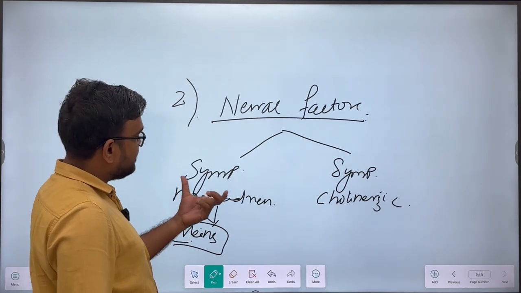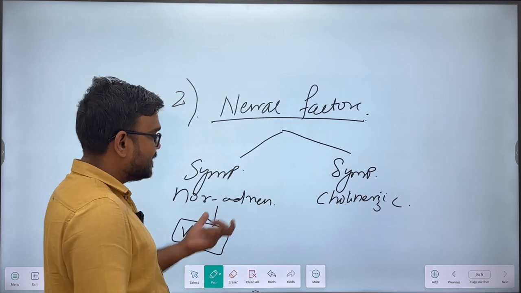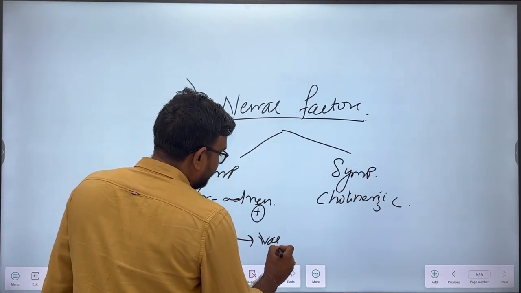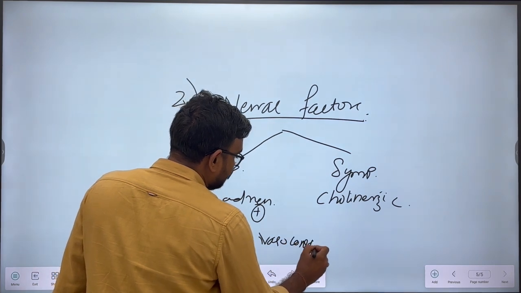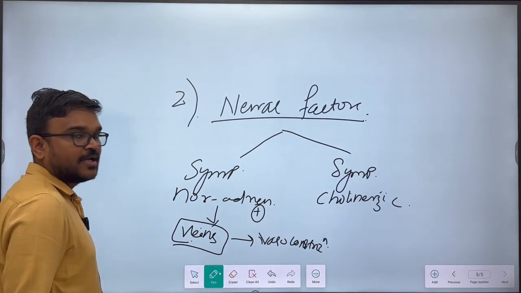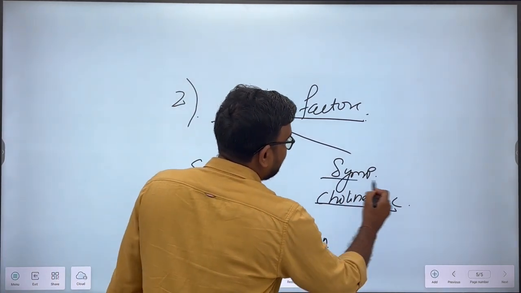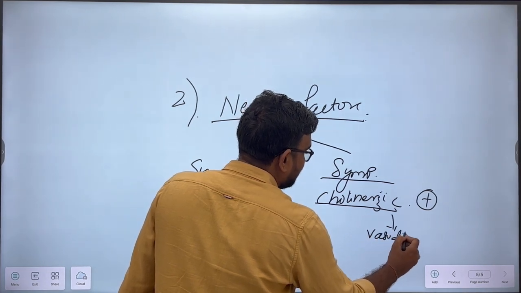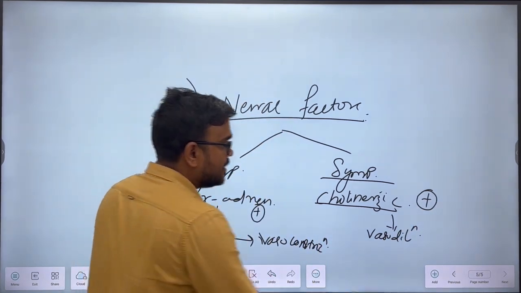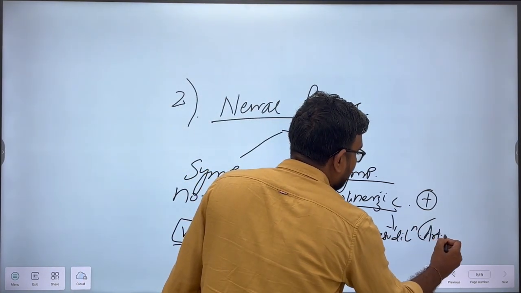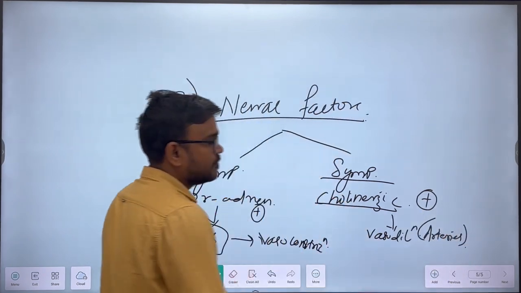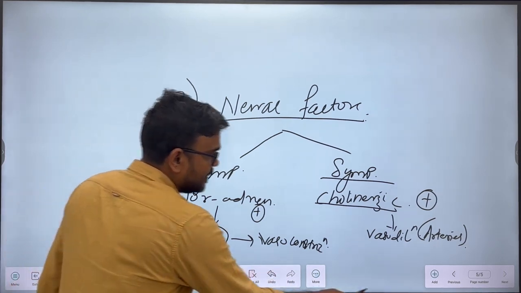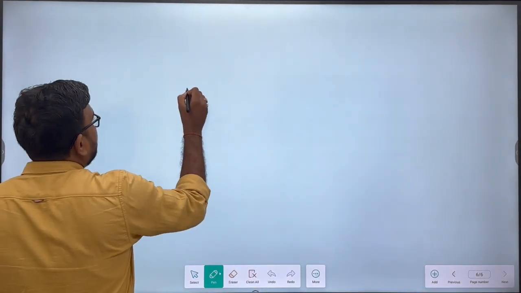Whenever the sympathetic noradrenergic fibers are activated, that causes vasoconstriction. Whenever sympathetic cholinergic fibers are activated, that causes vasodilation, particularly in the arteries. So what will be the effect? The effect is